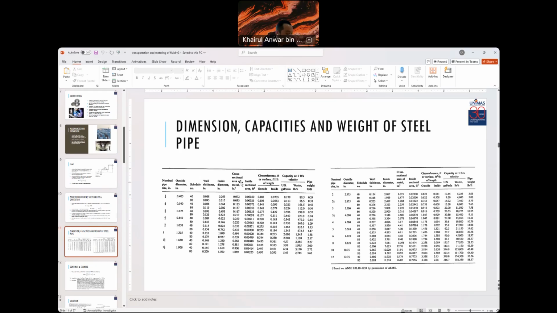Is it similar to table A5? Oh, it's different. Oh, okay. Mm, it's the same. So this is in inch. Okay. The unit is